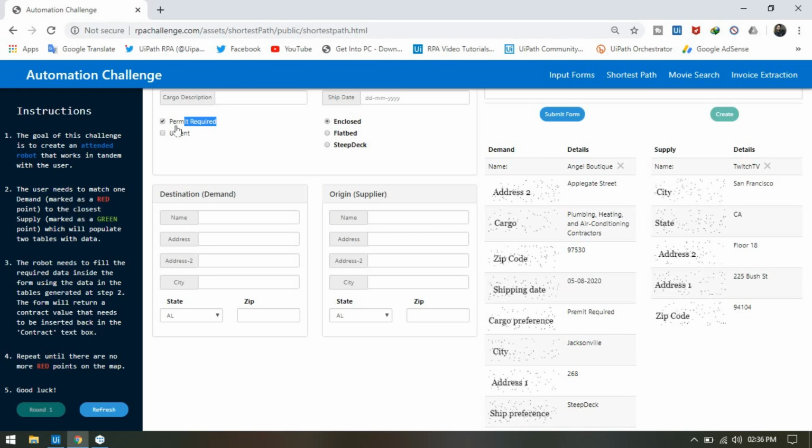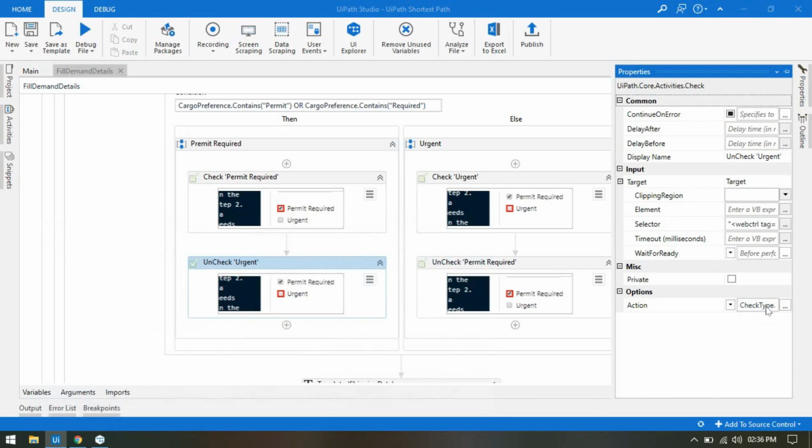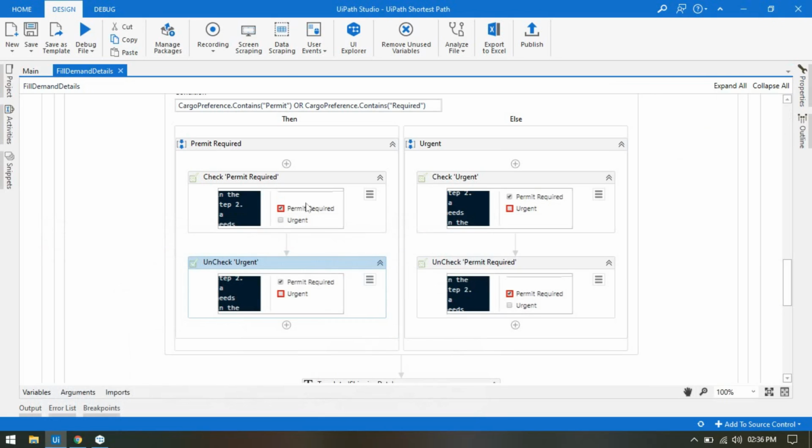Here for the urgent, you can see I am choosing the action check type dot uncheck. So this will be unchecked and this will be checked. Same way, if it is not the permit or required, it will go to the else, and if it is not the permit, it means it is the urgent, so it will go and check the urgent.